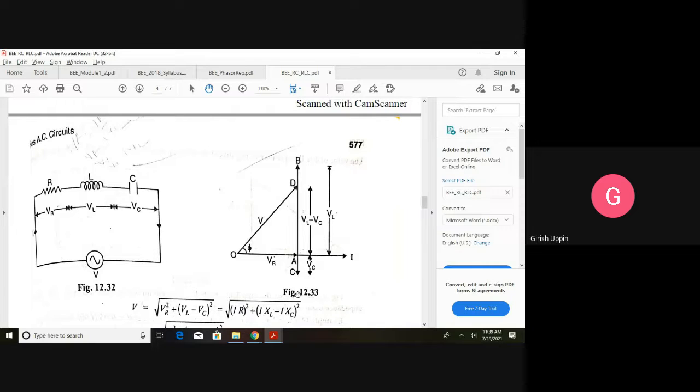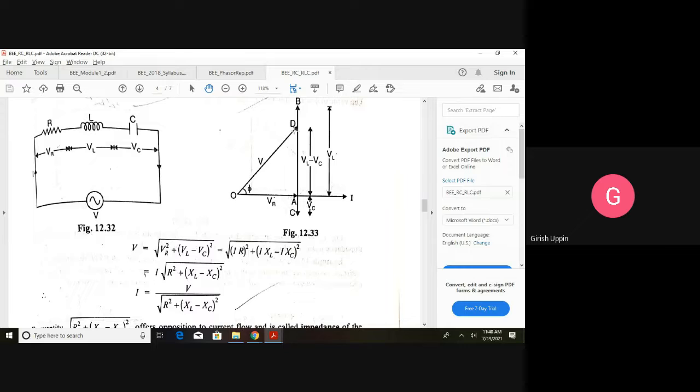Let us say VL is less than VC, meaning VC is greater than VL. Then on this side you will get the VL minus VC value as a negative value, and this point D will come somewhere here. Okay, at that time this is the applied voltage V is equal to Vm sin omega t. This is the angle phi, and current is leading because it is more capacitive. Whenever VL is greater than VC, it will behave as an RL circuit. When VC is greater than VL or XC is greater than XL, it will behave like an RC circuit. In case of an RC circuit, current will lead the voltage by an angle phi. So in that equation, I is equal to Im sin (omega t plus phi).